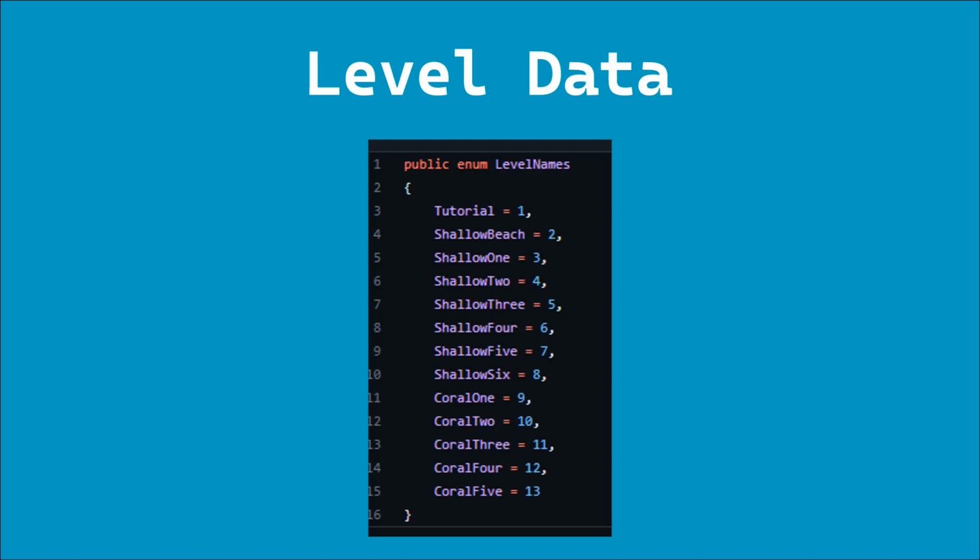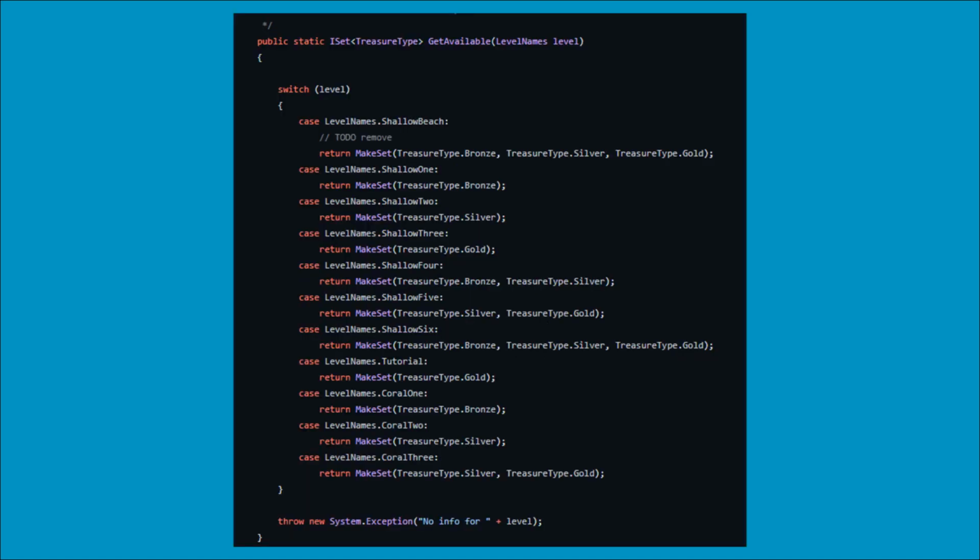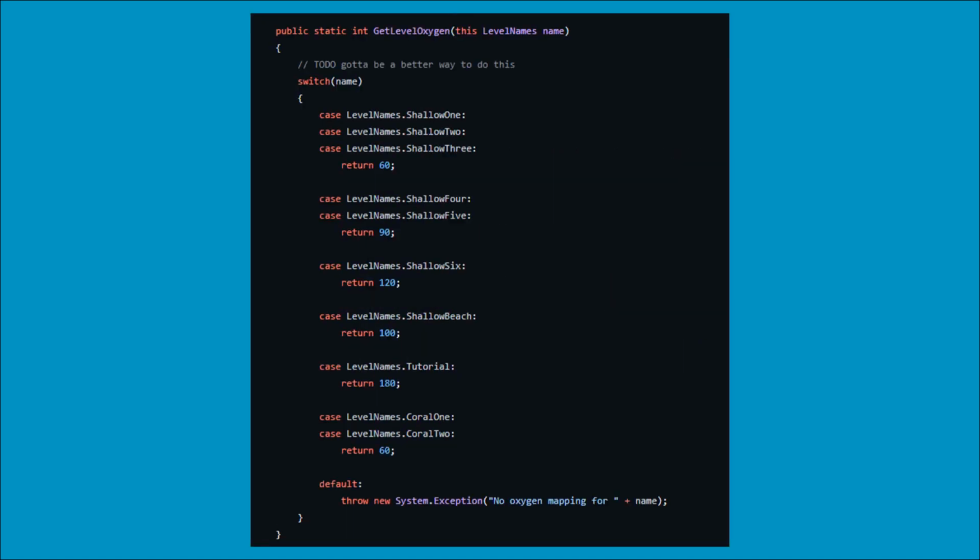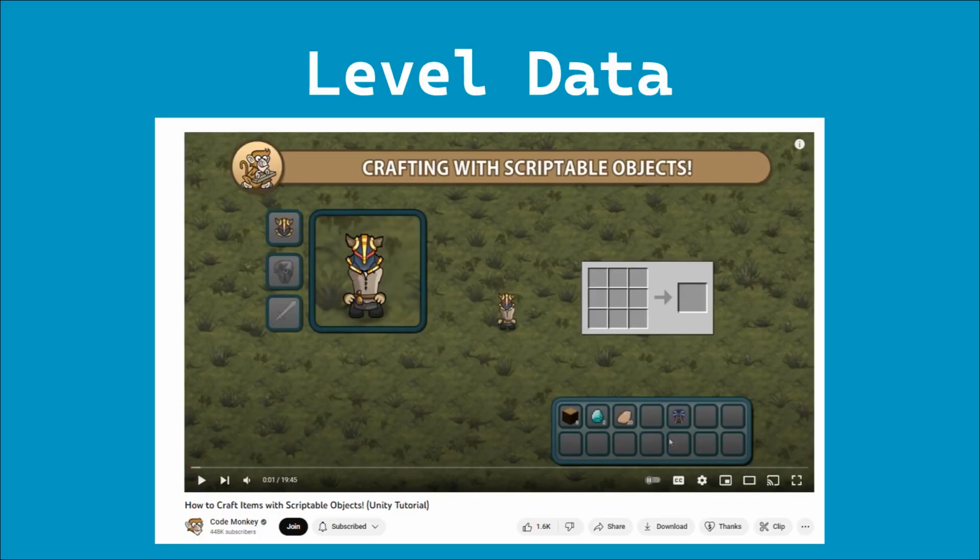Adding a new level requires adding a new enumeration constant with the level name and updating a few switch statements to define the oxygen and treasure chests. I wondered if there was a better way of managing this, and I had an idea when I saw a